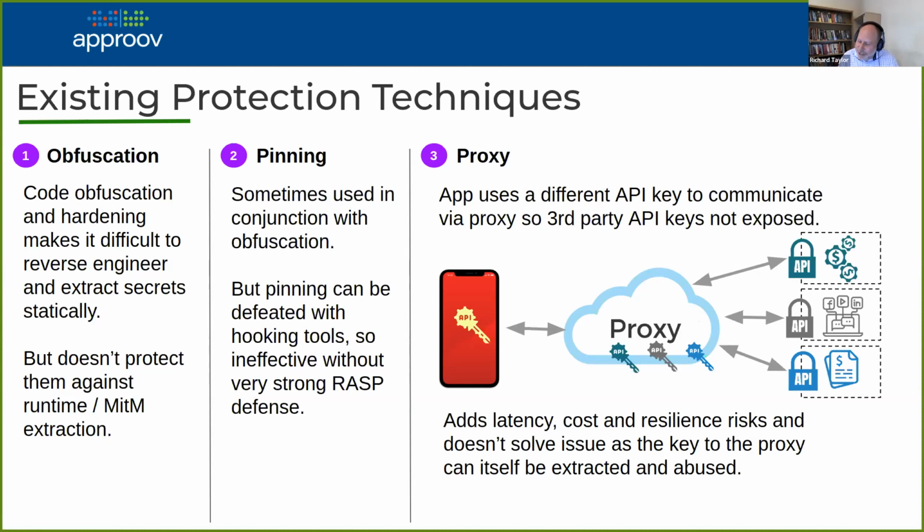And also, in some ways, it just moves the problem because, well, how do you authenticate the app against the proxy? You're back to having some kind of API key or secret. And of course, if that can be extracted, then an attacker can just go against the proxy and use up all the quota on the proxy. So you have to be careful whether you're actually solving the problem there or just moving the problem. Although it is nice to be able to control all those API keys in the proxy itself rather than having them inside the app.